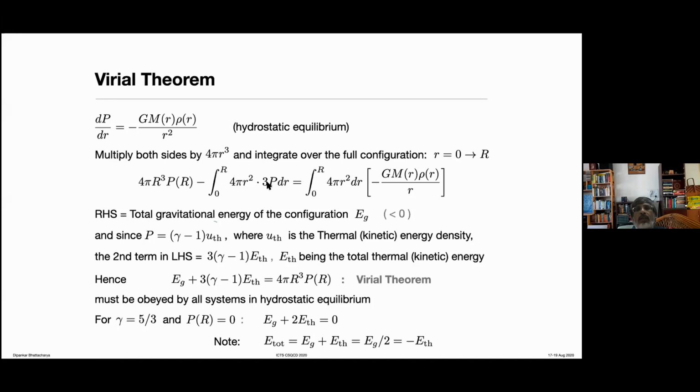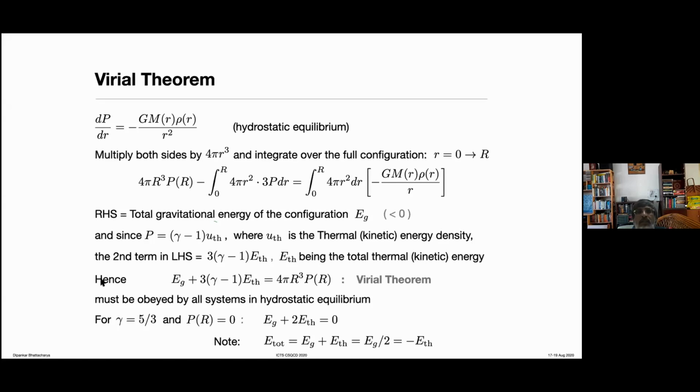So then I can take 3 times gamma minus 1 out of this integral, and I have 4 pi r squared thermal energy density at r times dr integrated. So that integral over the entire star gives us the total thermal energy content of the star. So the second term in the left-hand side becomes 3 times gamma minus 1 times E thermal. So E thermal being the total